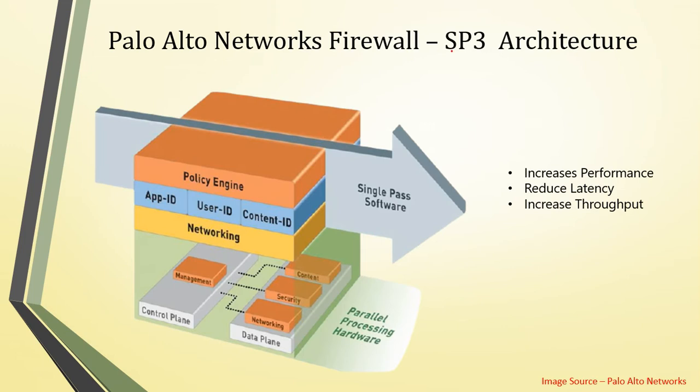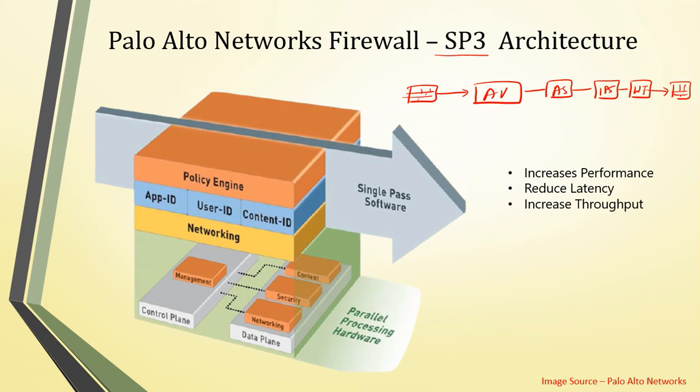Now coming to the SP3 architecture. Before moving to SP3, let's consider an example like a packet coming to the firewall. First, this is my firewall model. First, it will be going to the AV engine, like antivirus. Then it is going to the anti-spyware. Then it is going to the IPS. Then let's suppose it is going to the sandboxing solution as well, Wildfire. Now, after moving through all the engines, it will simply go out from the firewall.